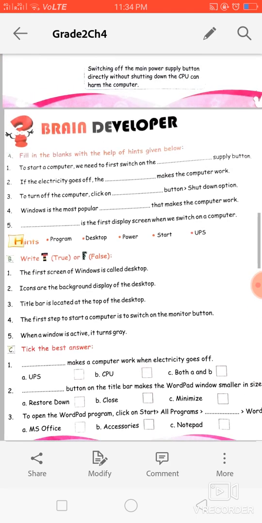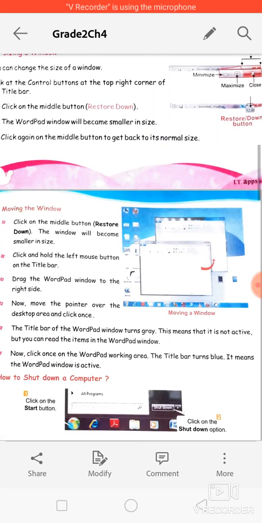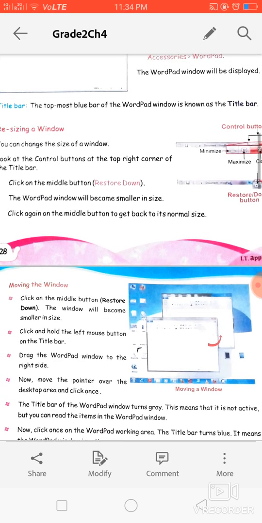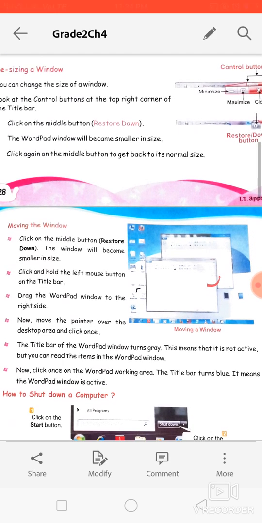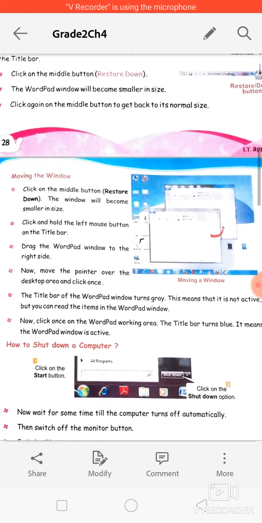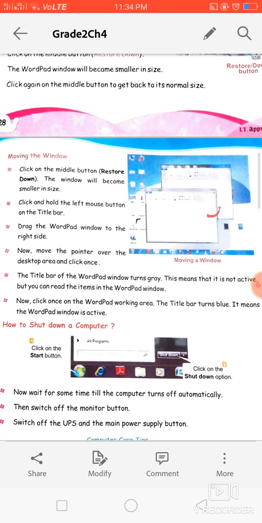Okay, when a window is activated it turns gray. I explained this part while moving the window. When we click outside any window, its color turns gray. The gray color indicates that the window is inactive.